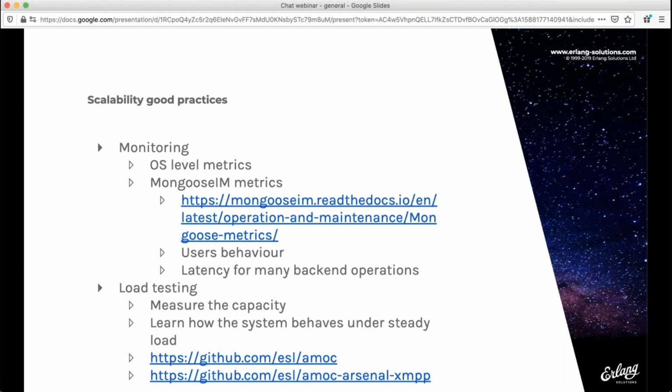But also these metrics can show you the latency when talking to external services like databases or maybe a push notification service. Inside MongooseIM, there are hundreds of different metrics which help you to understand how the system behaves, what are the usage patterns. And using these metrics, you can